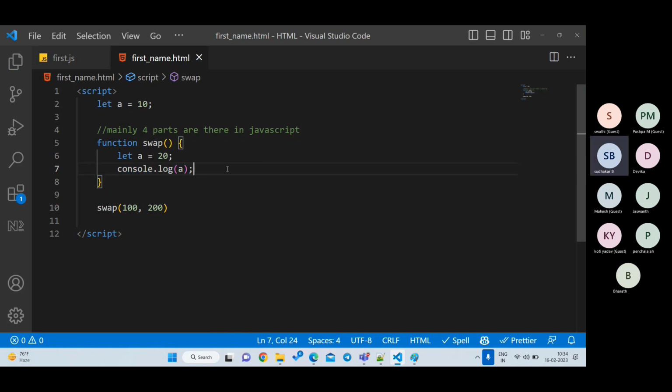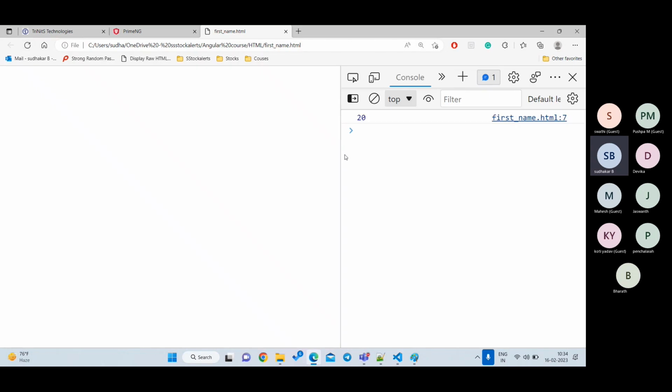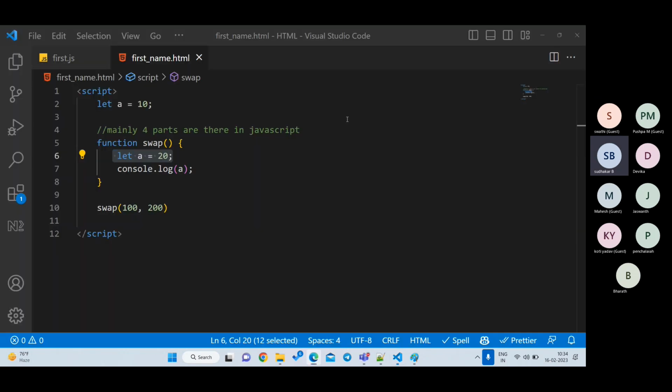Okay, 20. So first thing I want to do one thing. Whenever you are declaring any variable with let, is redeclaration possible or not possible? Then we are in the same file, right? Then why do you think there is no error? Okay, let us see it. Okay, no error. So here the rule is applicable whenever you are declaring